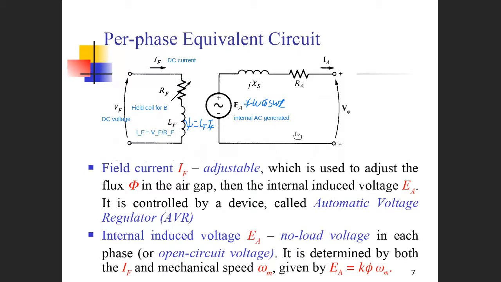Once there is a current going through the armature, because this is AC current, the armature coils produce a magnetic field that works against the rotating field here. Because you want to maintain the rotation, this field tries to